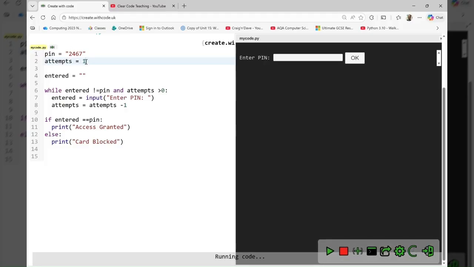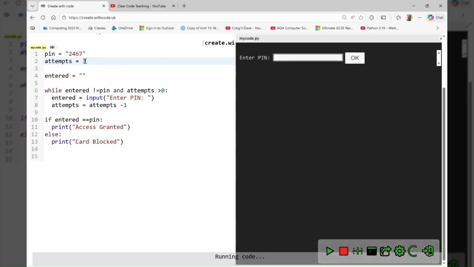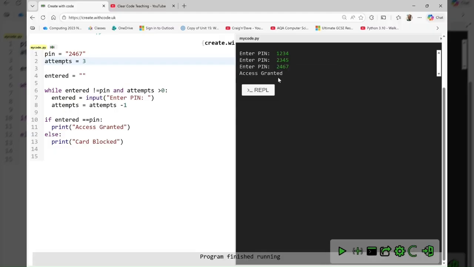Let's change this to 3. 2, 3, 4, 5. Card blocked. Attempts is 3. Let's have a look. 1, 2, 3, 4. There we go. 2, 3, 4, 5. And let's enter it correctly to see if we can get it running. Access